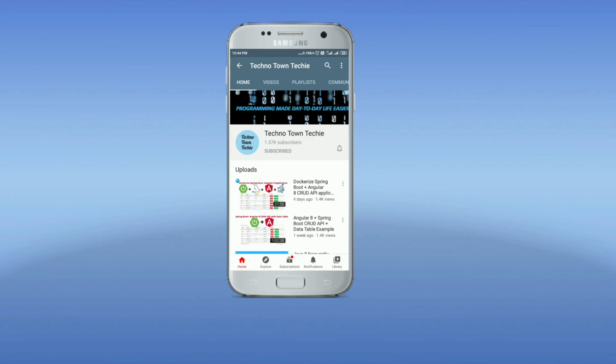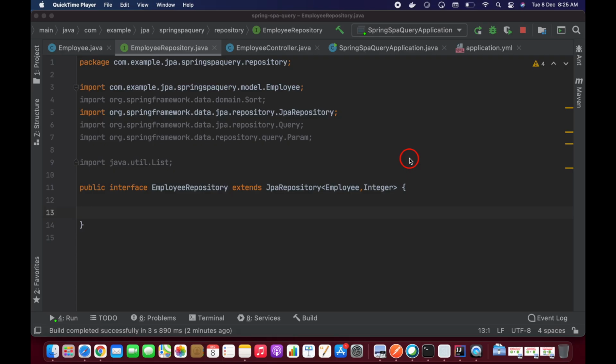In the last video, I discussed how to create a Spring Data JPA custom repository. In this tutorial, I'm going to talk about how to use the @Query annotation in Spring Data JPA to execute both JPQL and native SQL queries. Finally, I'm going to discuss how to sort this query data. So these are the three topics I'm going to explain in this video.